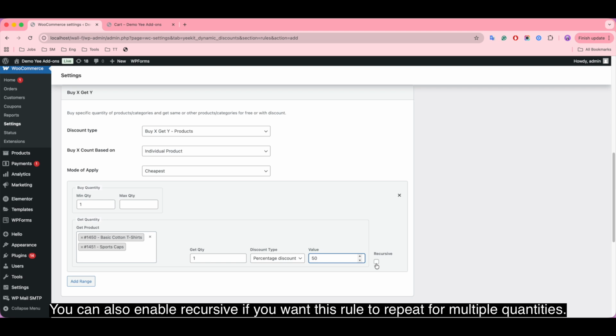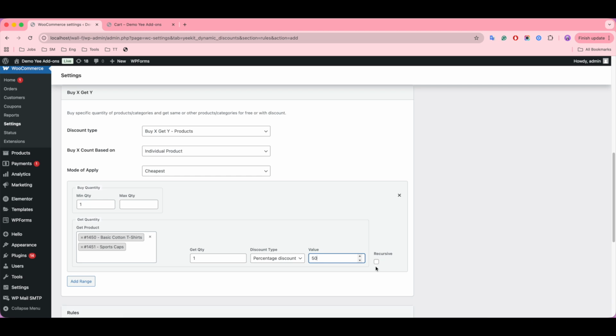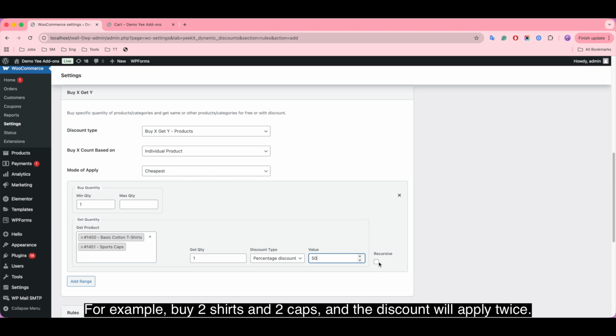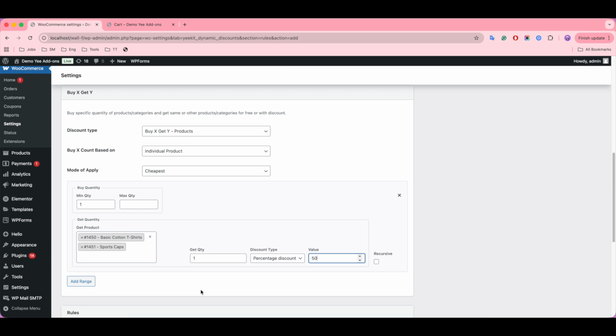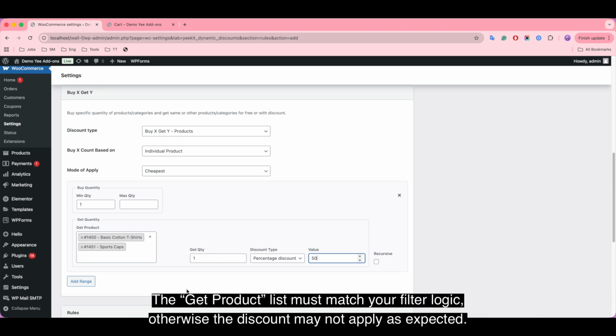You can also enable recursive if you want this rule to repeat for multiple quantities. For example, buy 2 shirts and 2 caps, and the discount will apply twice. One important thing to remember: the get product list must match your buy logic.